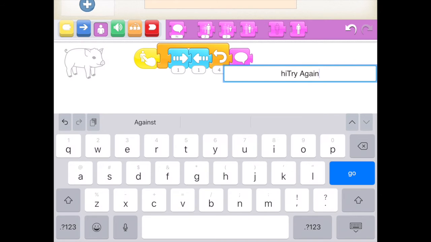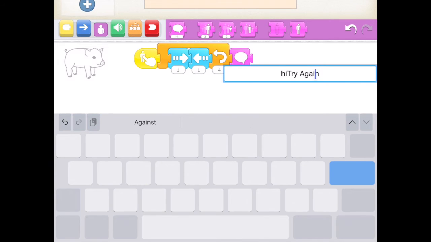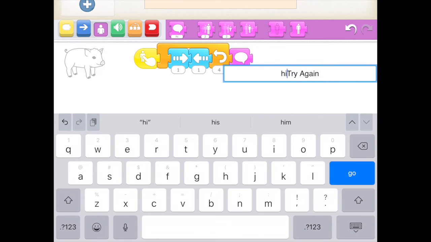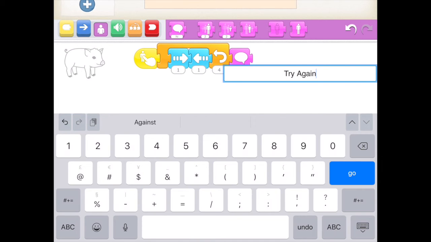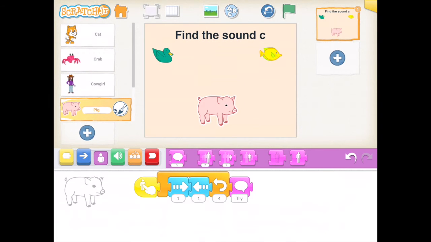If you wish to move your cursor along text, you can hold your finger on the spacebar on your iPad, and by doing that you can see that the spacebar has ghosted out. Then I can slide my finger along the screen and arrive at a new location for editing purposes. So when I tap the pig,